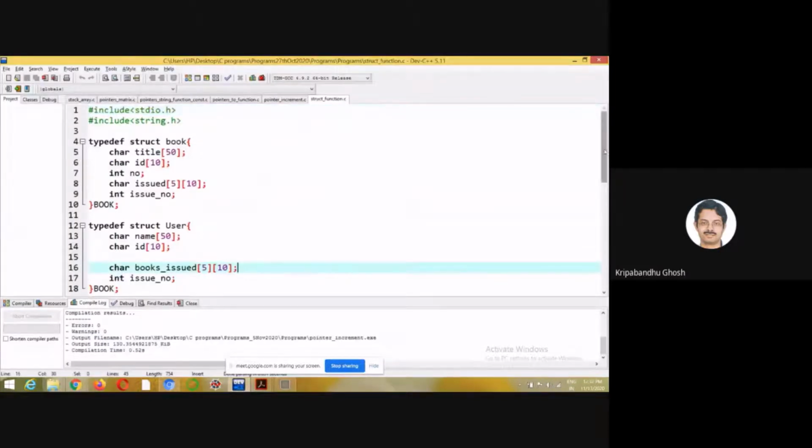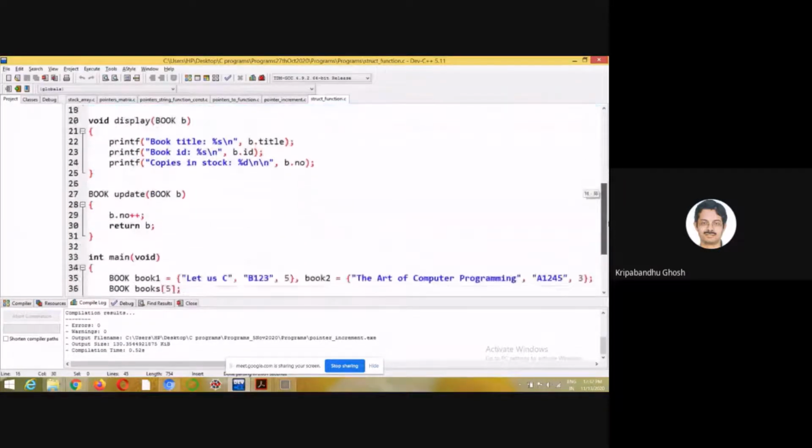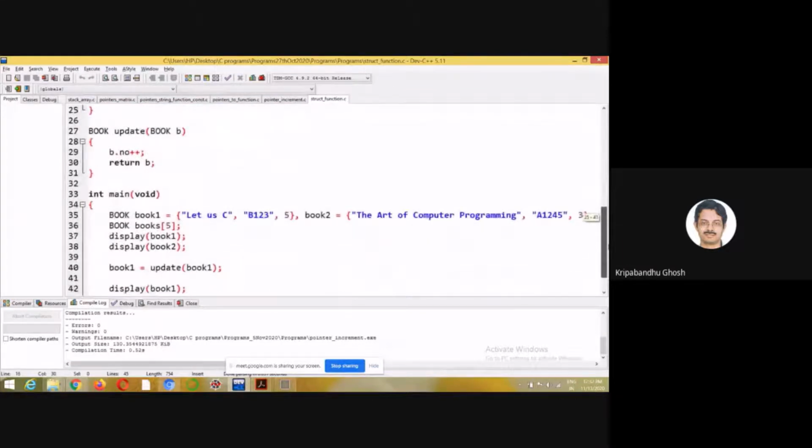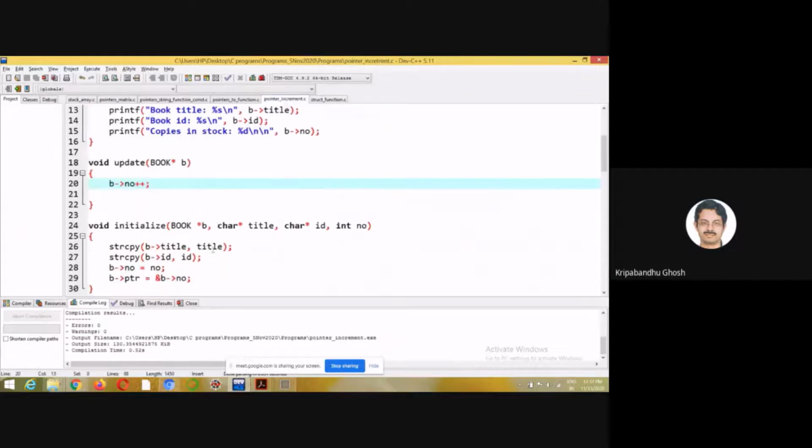So if you can see this, I am updating. So I am passing, say, book 1. This is a variable. I'm passing book 1 and I am reading back book 1. So what does that mean? I am passing a copy of book 1 and I'm updating it and I'm passing the updated copy. On the other hand, here I am passing the pointer and I'm updating the number.